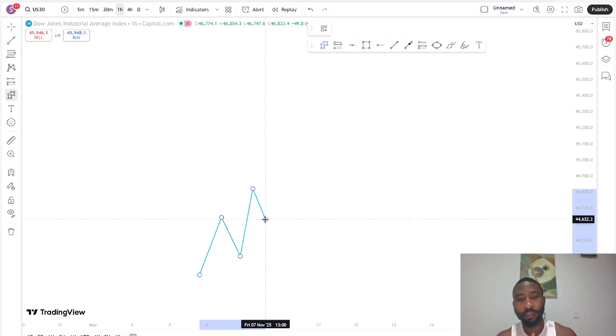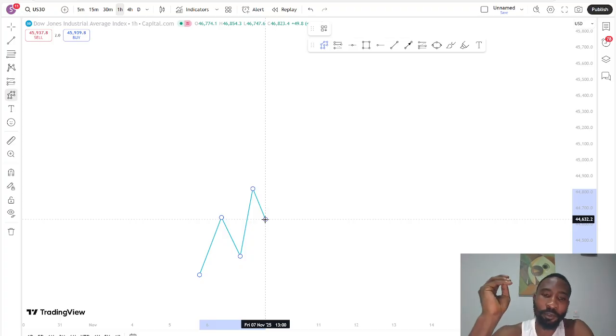The reason why I feel a lot of people see trading as a difficult thing is because they have had experience dealing with difficulties in their life, which made it seem like if you want to make a significant amount of money from trading, you have to do difficult things. Hold on guys, you have to do difficult things, and it doesn't have to be that way. Trading is simple but not easy,